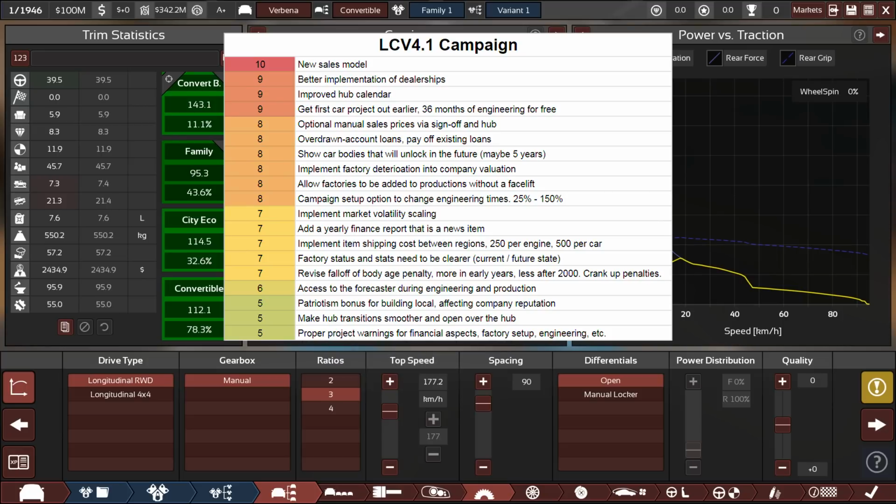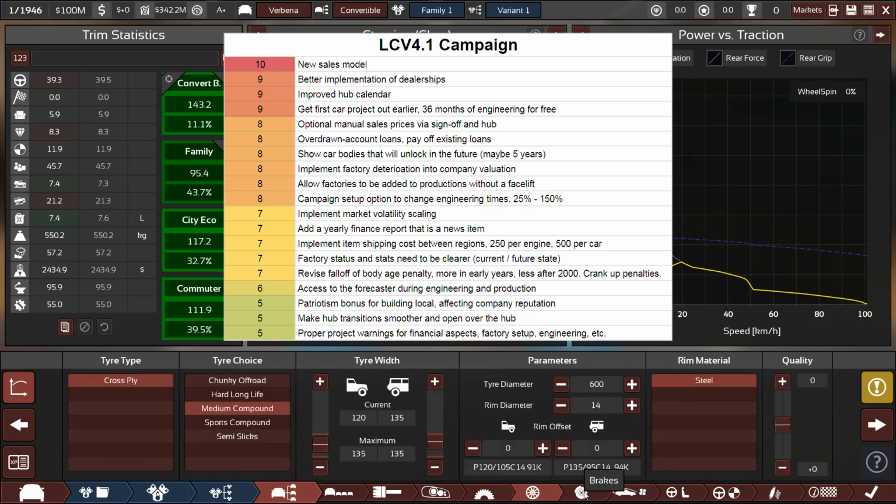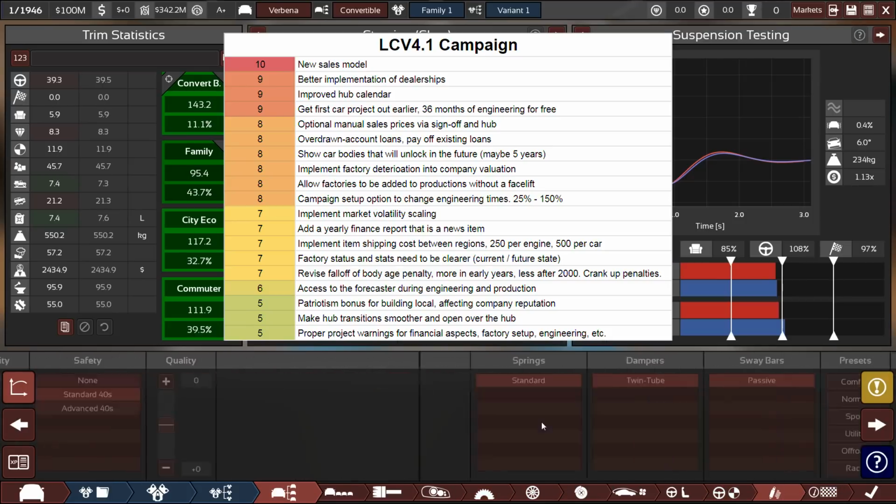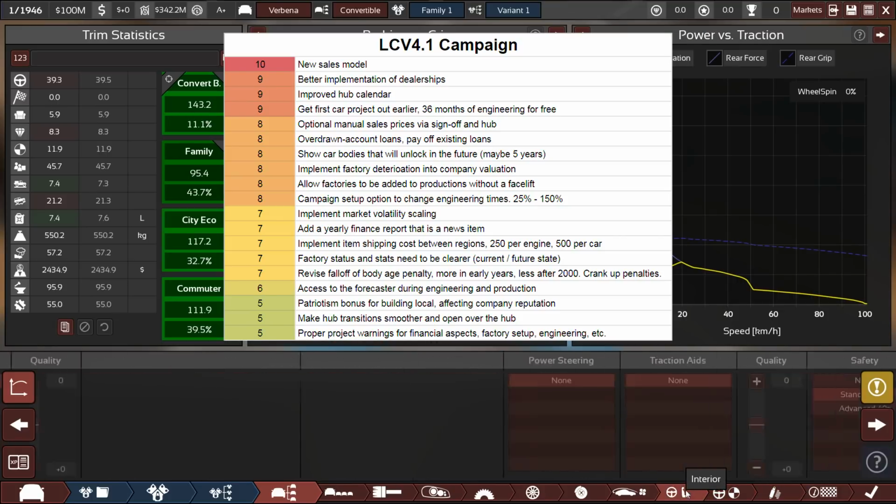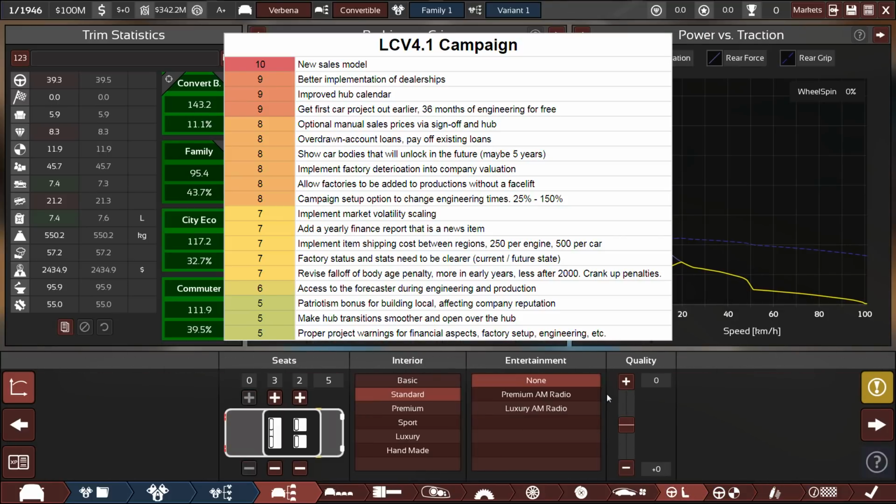Maybe you're playing in a world where your engineers all are really slow, so set it to 150 and see what you can get out there and still try to compete. That will be interesting. Anyway, the one thing on the economy side that we want to change is, or rather in this campaign setup also, is that we want to implement the market volatility finally, so that you can select to use markets that are not as up and down all the time as they are currently, or make them